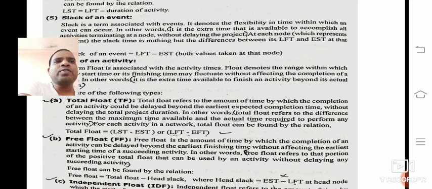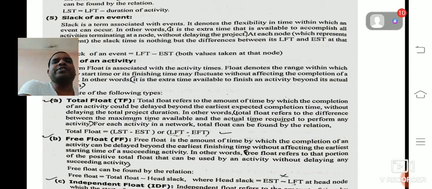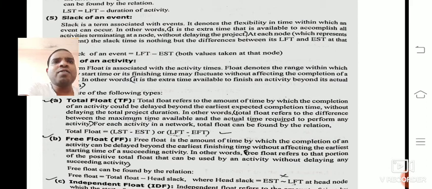Normally it is the difference between the maximum time available and the actual time required to perform an activity. The total float formula is LST minus EST, or LFT minus EFT.